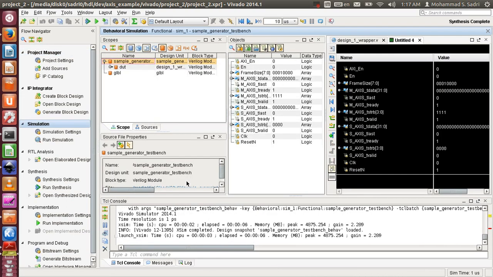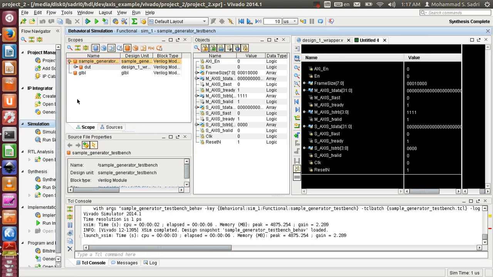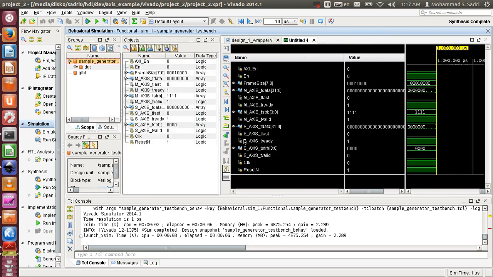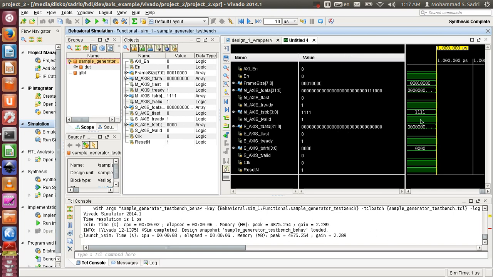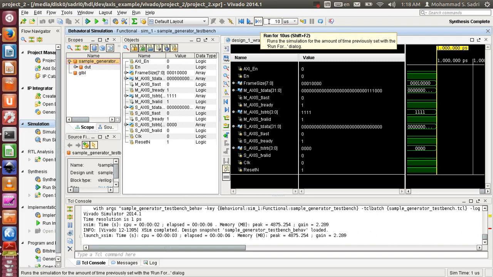Okay, now we have the simulation environment, and I push these a little bit this side and also these a little bit this side, and here we have the name of the signals and the waveforms, and it has done the simulation for us for 1000 nanoseconds, and I can continue, for example,